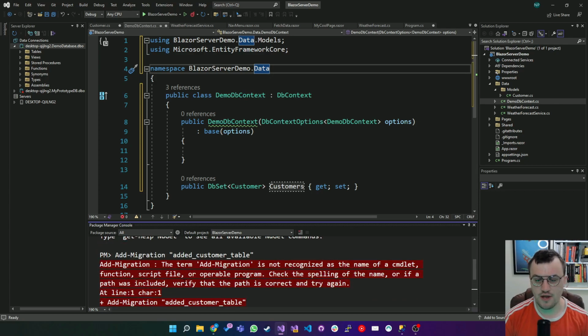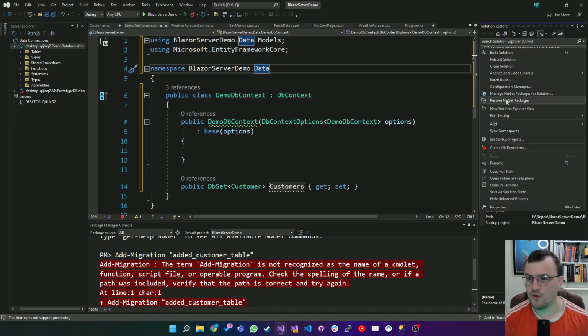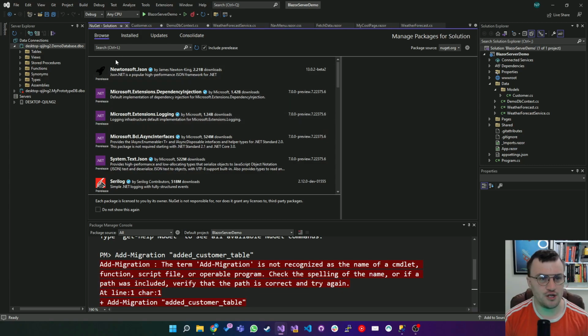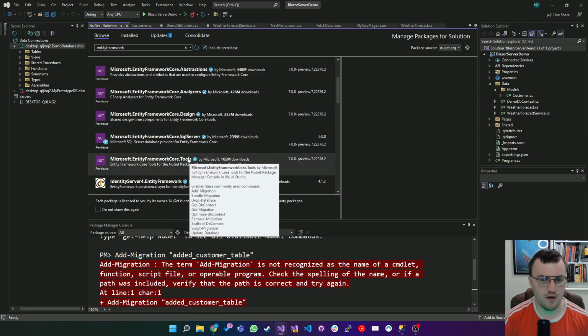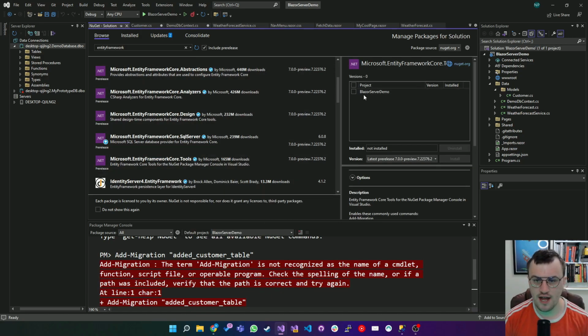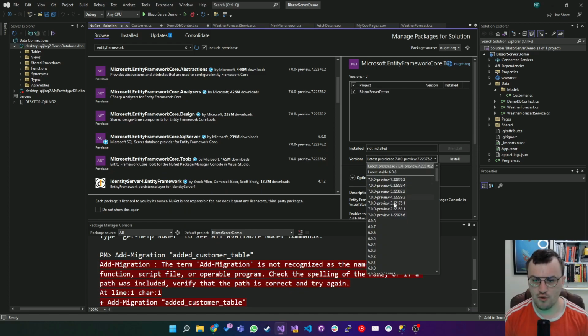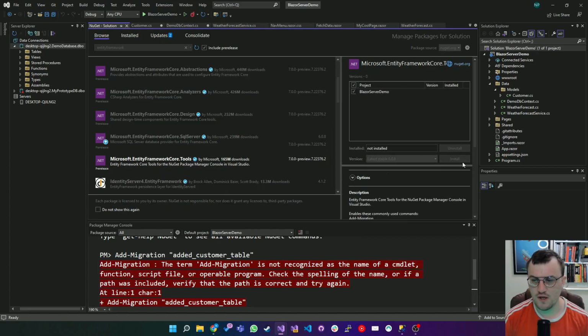So what's the error here? Okay, the first thing that I've done wrong is I forgot to add another NuGet package. So we actually need to add another package on top of the two that we've already added in order to manage the database from the command line. And this is the Entity Framework tools. Nice and simple. If you head over to NuGet Package Manager and search for Entity Framework again, we should find the tools here. There we go. So EntityFrameworkCore.Tools, we'll add that. Again, I don't want the pre-release because I don't want any nasty surprises. Click install,